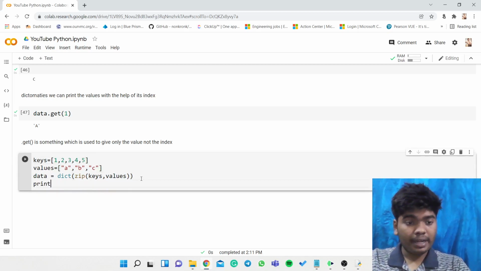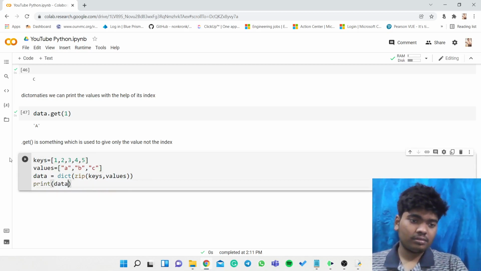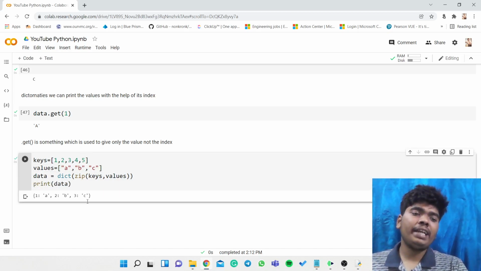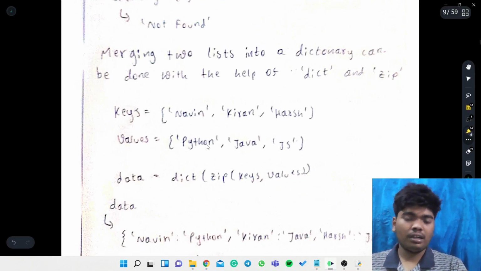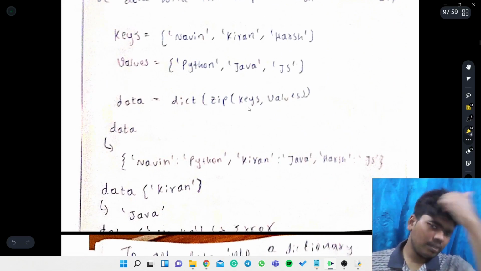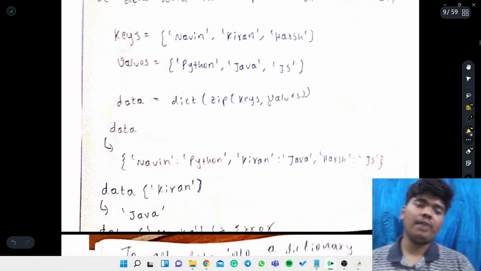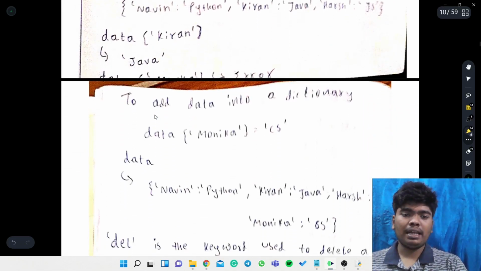So I will just print the data. So now after printing the data, it will print like a dictionary. So this is about dictionary, combination of two variables. So we can join these two and make this a dictionary with the keys and values. So the first one will be the keys and the second one will be the values. So here the data will be like this.